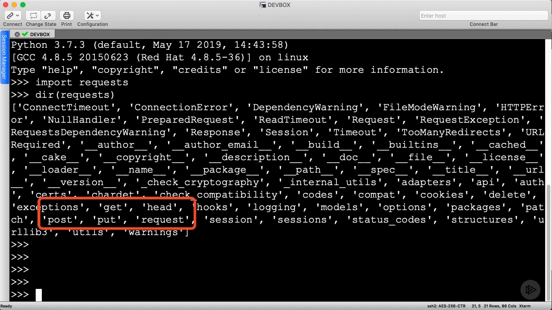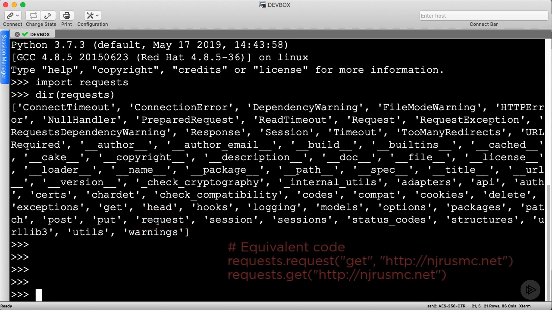Specifically, I want to call your attention to a few key methods such as get, post, put, delete, and request. I'm only highlighting a few of them, but trust me, all of the different HTTP methods are here. For a more generic action, you can use requests.request and then just specify which action you want to take, but I prefer using the specific methods as it's a bit less typing.